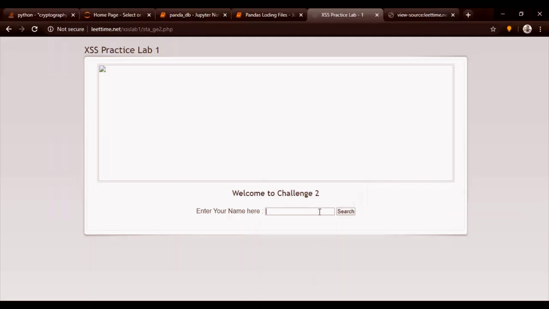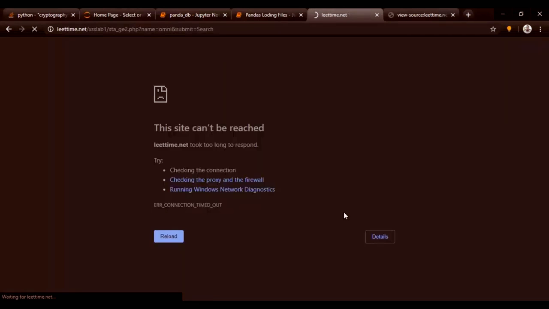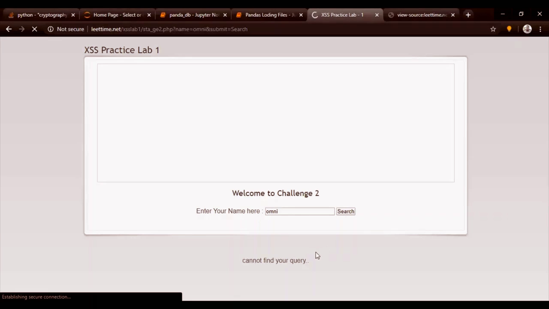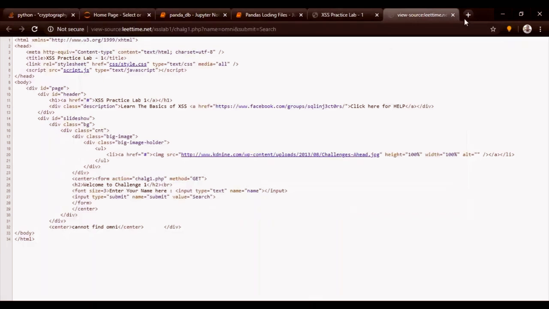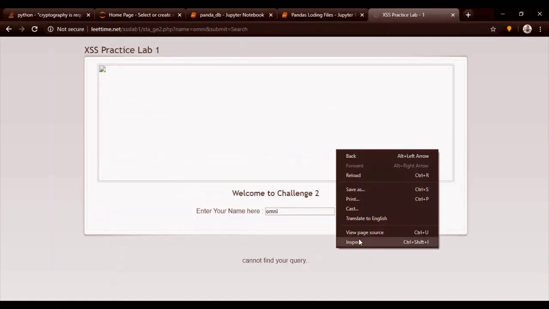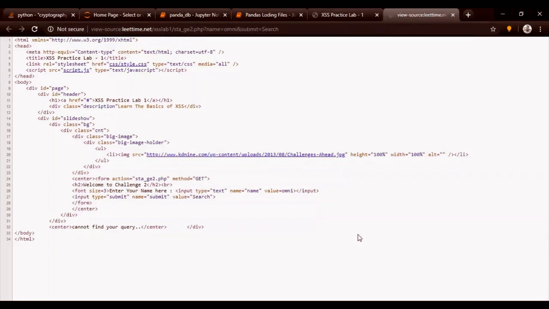The same technique we apply here, like Omni. We just search here. Now in this particular example, when we searched Omni, the term we searched is not reflected back on our page. But let's check the view page source. Here we search with Control F, Omni, and we can see that the term we searched is available